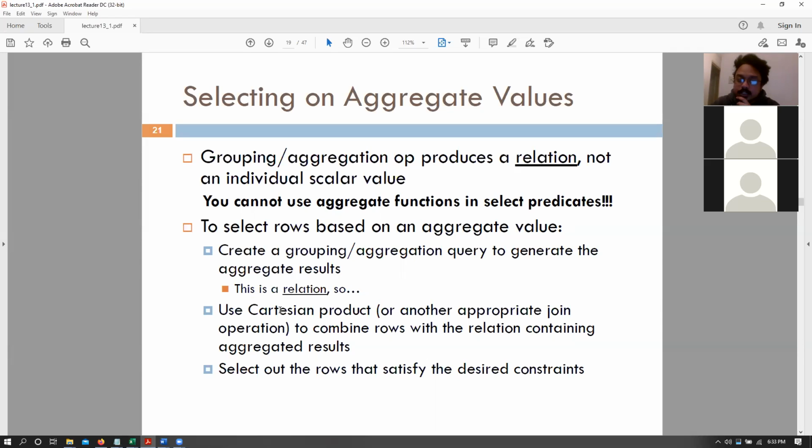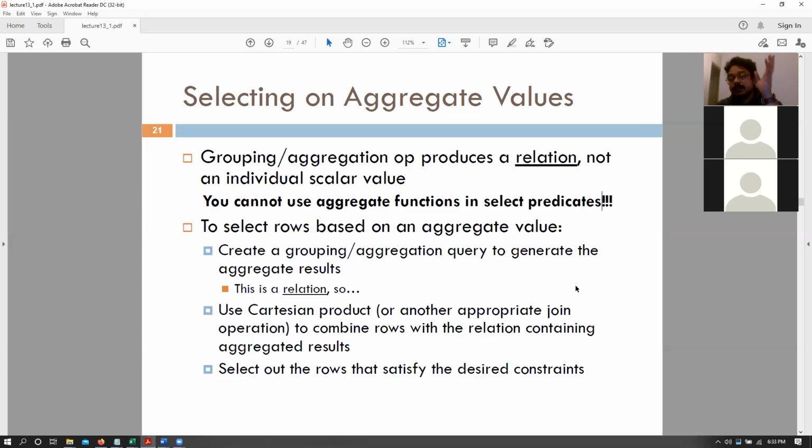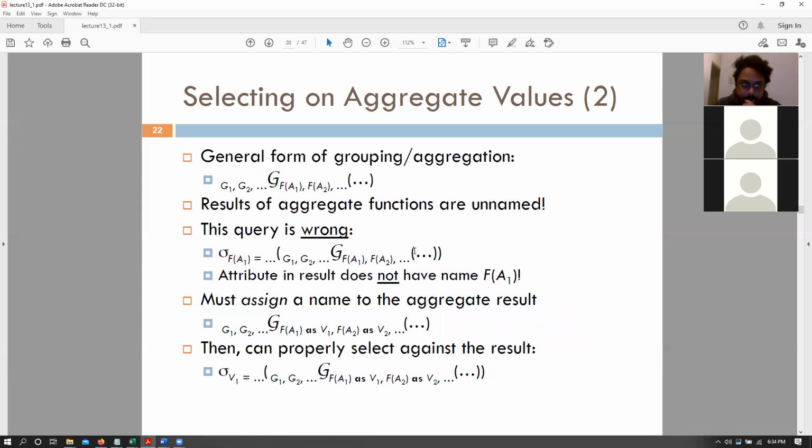So in that situation, we might end up using a Cartesian product, right? A Cartesian product between my customers and their number of claims versus the maximum number of claims. In that scenario, I can then compare which customer name has the maximum number of claims and get those rows. And remember that we cannot use aggregate functions in our select predicates. It has to be a separate relation. And when I say predicates, I mean in the where clause. Right? Okay.